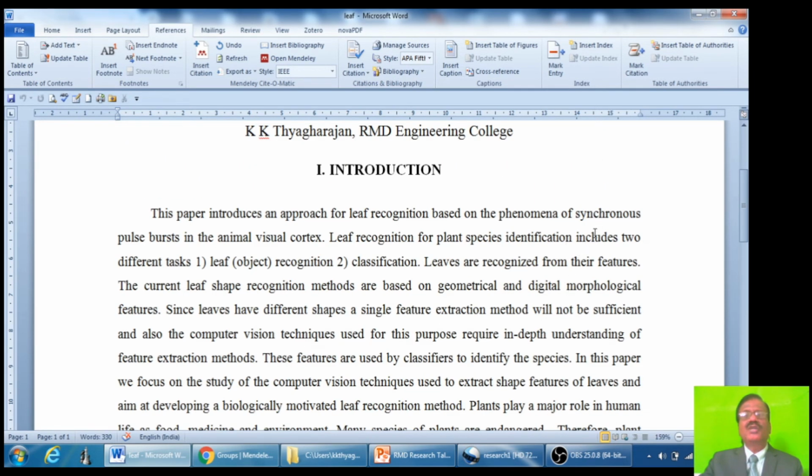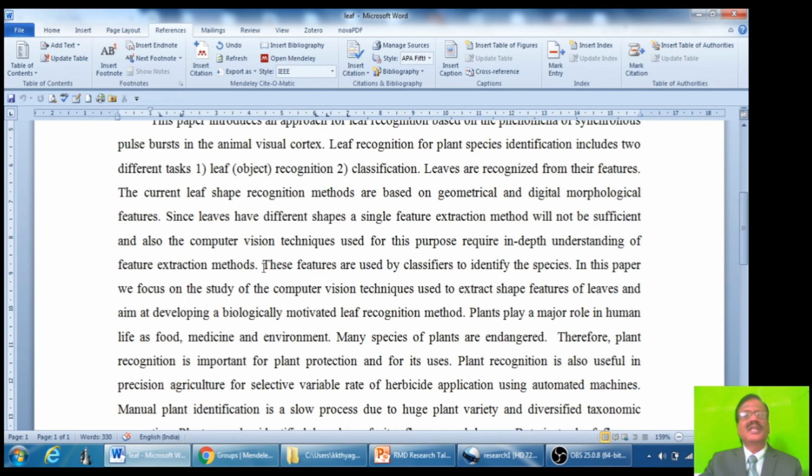Right. Now, I want to cite three papers from Mendeley, and I want to insert the citation in 3 places in this document. So just I am clicking here or even somewhere here, right? I am clicking here. I want to insert my first reference here. So go to this insert citation icon, click on that.